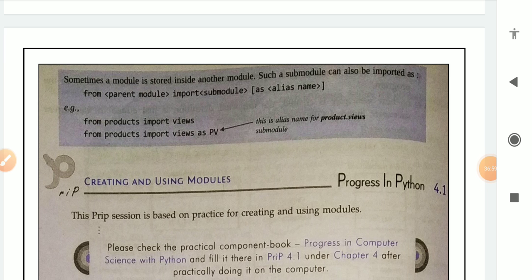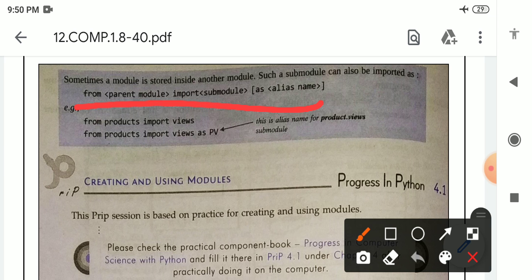Sometimes a module is stored inside another module. Such a submodule can also be imported. How can we import a module which is stored inside another module? The syntax will be like this: from parent module import submodule as alias name.